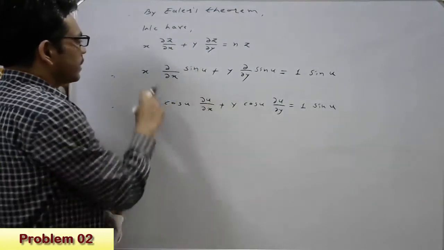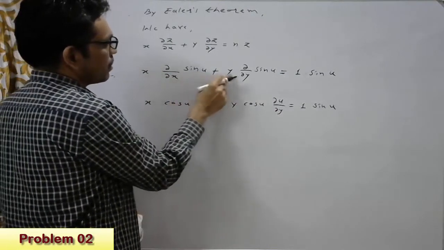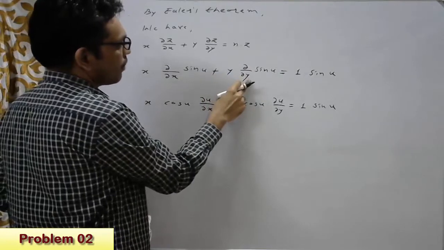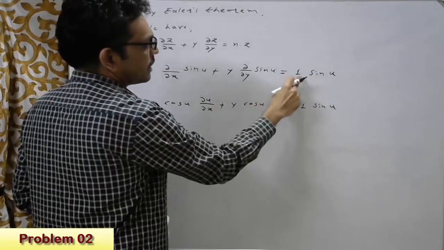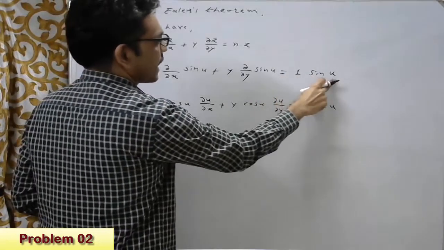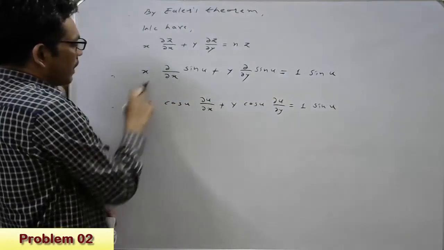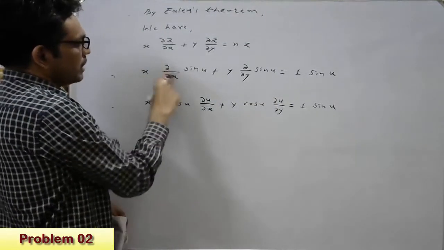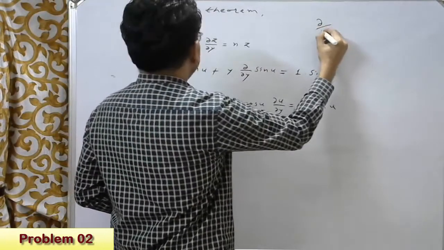Therefore, x into del by del x of sine of u plus y into del upon del y of sine of u is equal to n, the degree of the homogeneous function, that is 1, into sine of u. Therefore, x into the partial differentiation with respect to x, that is del by del x,